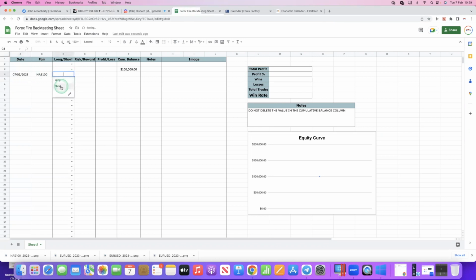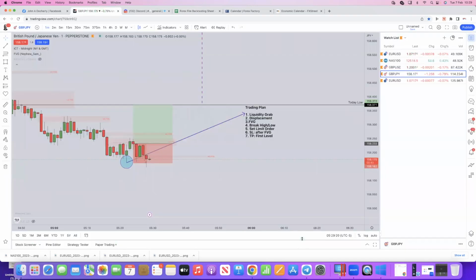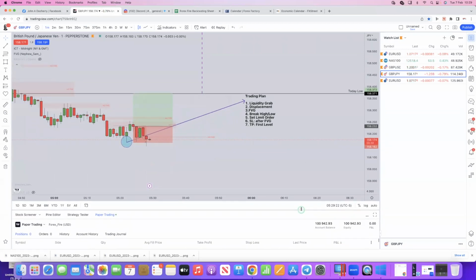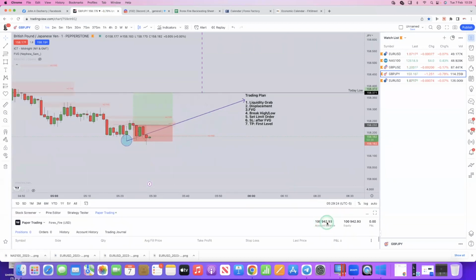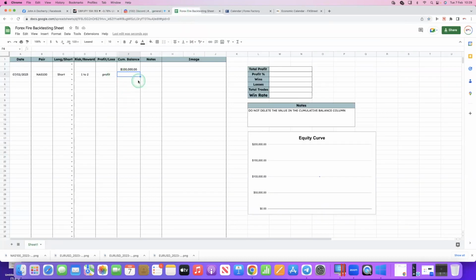We were going for the short, 1 to 2, and it was profit. Okay, I just want to take a look at this a moment. So we are on profit from the 100K. Again, the 1 to 2, it would be